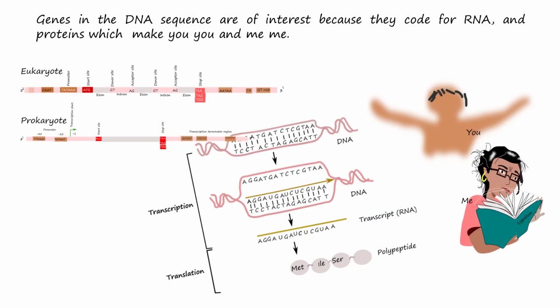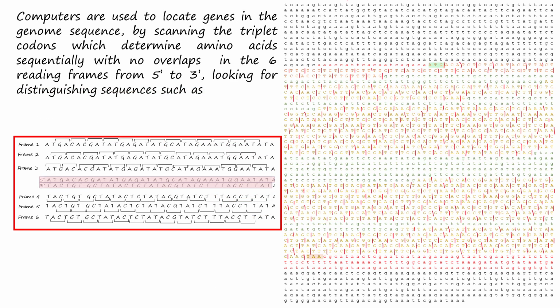Genes in the DNA sequence are interesting because they code for RNA and proteins that make you, you, and me, me. Computers are used to locate genes in the genome sequence by scanning the triplet codons, which determine amino acids consecutively with no overlaps in the 6 reading frames from 5' to 3', looking for distinguishing sequences such as a